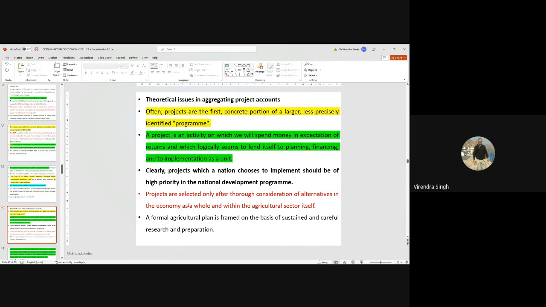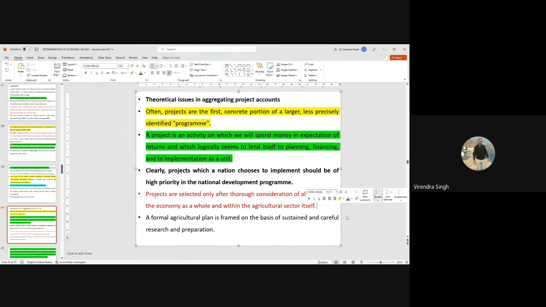Clearly, projects which a nation chooses to implement should be of high priority in the national development program. If the projects chosen are not of high priority, it means national resources of the country are not being put to efficient use. So it is a must that the projects which a nation chooses to implement should be of high priority in the national development program. Projects are selected only after thorough consideration of alternatives in the economy as a whole and within